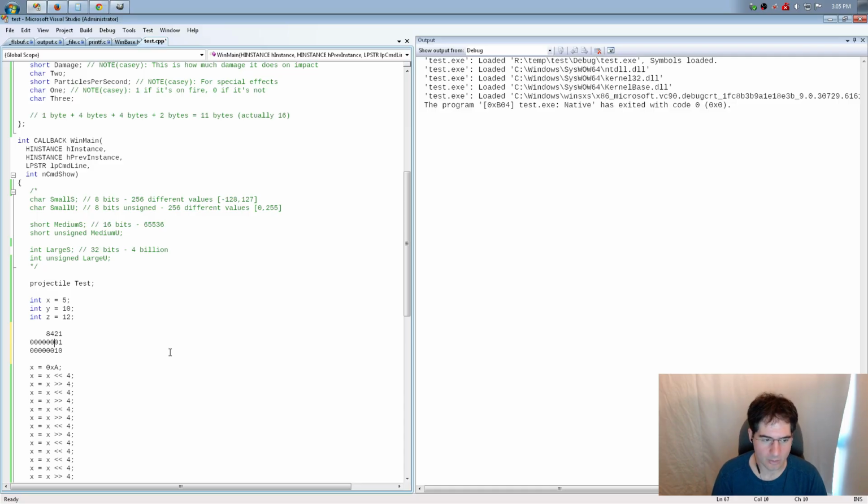So if I shift this bit upward, so if I go ahead and shift that to the left once, what does that do to the number? Well, it was 1, now it's 2. If I shift it up again, now it's 4. And what I hope you can see is basically all that's doing is moving up in the powers of 2 what the number was. So when you shift by 1 to the left, you are multiplying by 2. When you shift to the right by 1, you are dividing by 2. So a shift is really just a multiply or divide by the power of 2 that you specified.